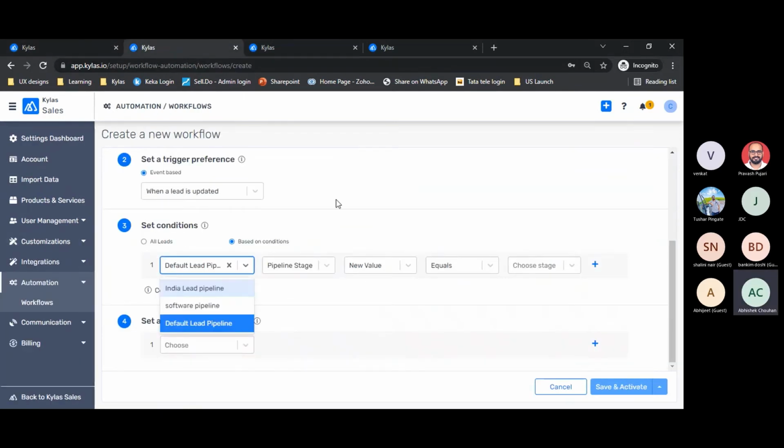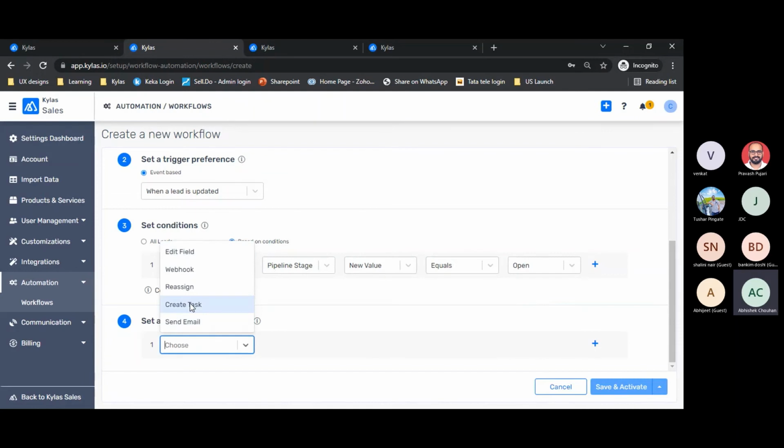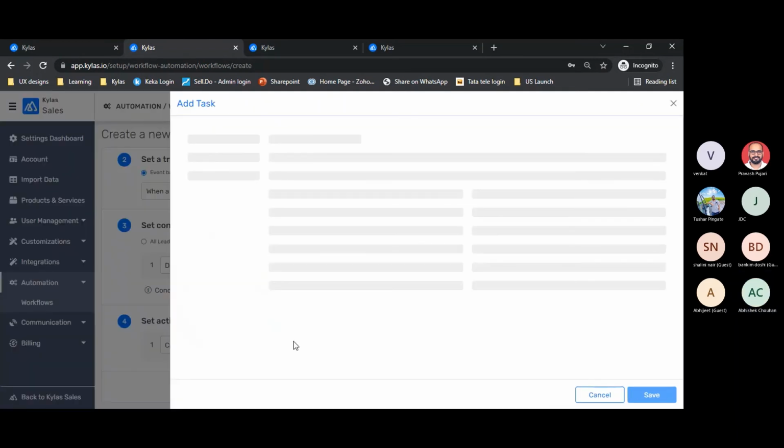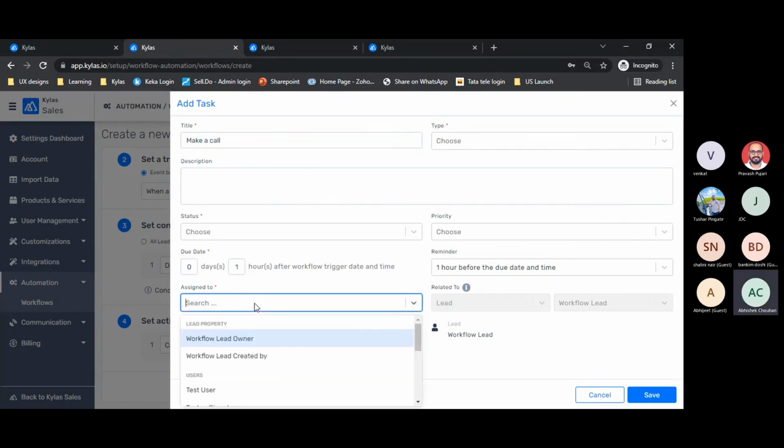So in Kailas, you can create workflows based on pipeline stage such that whenever a pipeline stage is moved to, let's say, open, whenever there is a lead created in the system, the sales user is supposed to perform a task of, let's say, make a call. As simple as that. And I can assign this particular task to that particular lead owner.